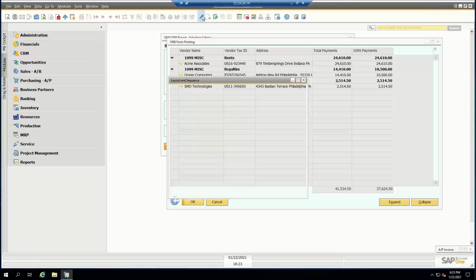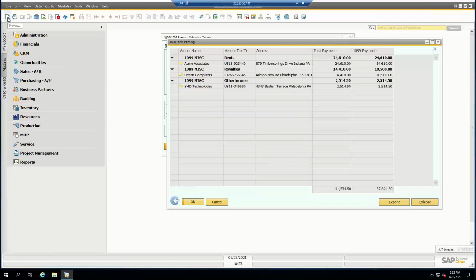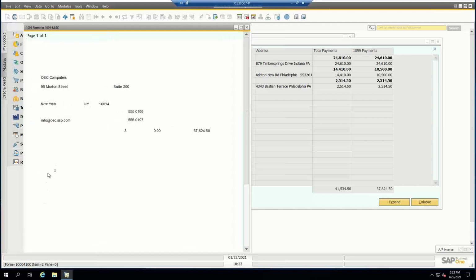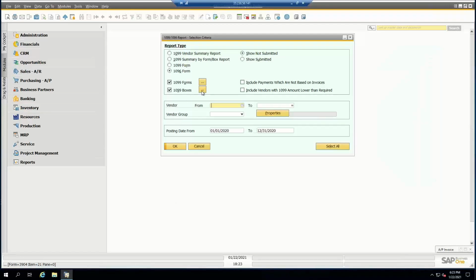We can go up to our layout designer, and again, put in a new layout for the 1096 form for the 1099 miscellaneous. And when we do print preview, you can see that it will put an X, if you can visualize what the form looks like, where it will line up with the form, checking the 1099 miscellaneous box. And once that is printed out, you can do the same thing for the 1099 NEC,